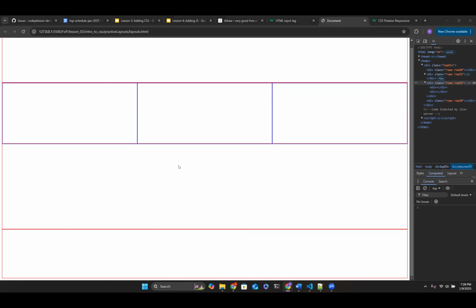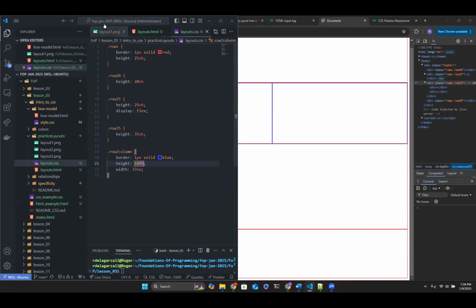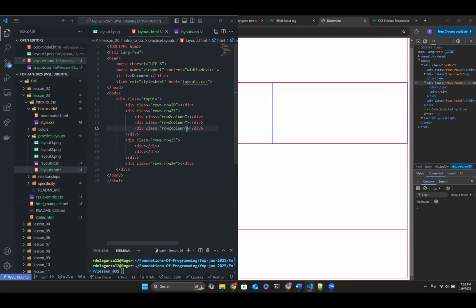Let's do that again, but this time let's do it for row 3. Row 3 has its individual divs. Let's give them classes. Class row 3 column.